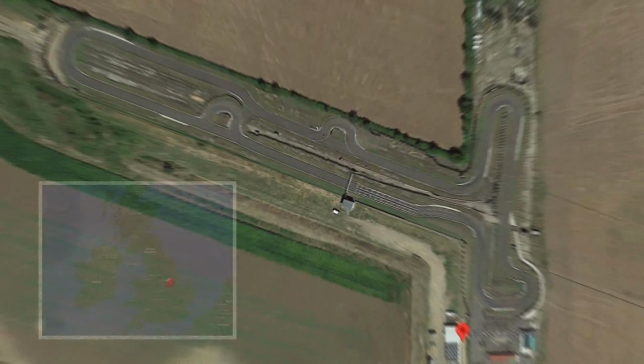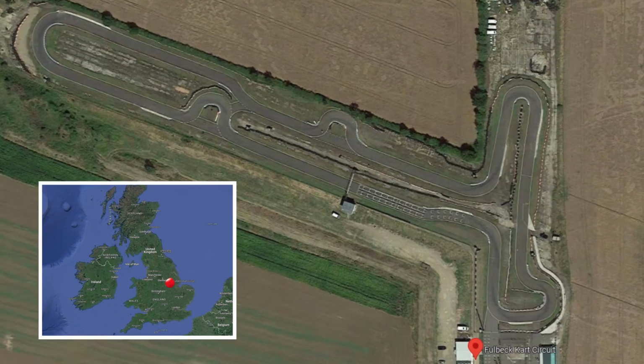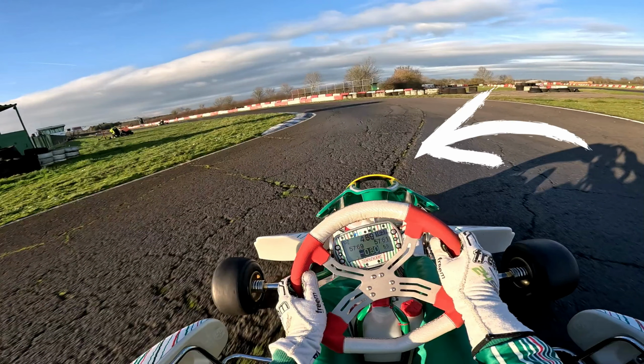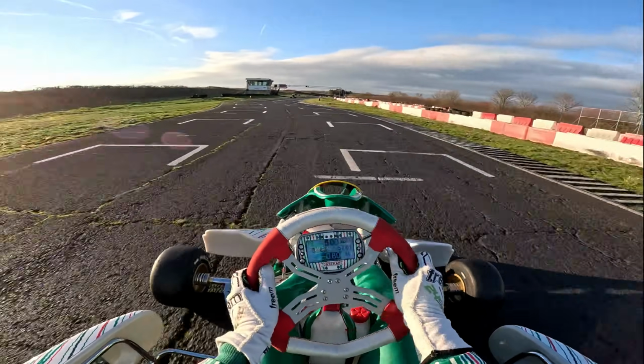Opened in 1954, this former airfield kart circuit features various bus stop chicanes and hairpins. We're going to run through the lap a couple of times, first of all pointing out things like the rough track surface, which is broken up in various places and needs to be taken into account when choosing your